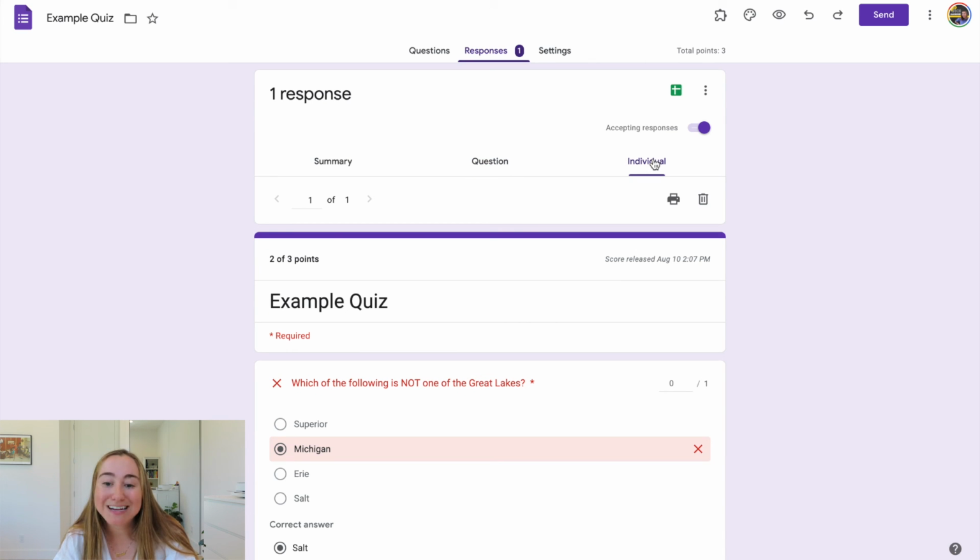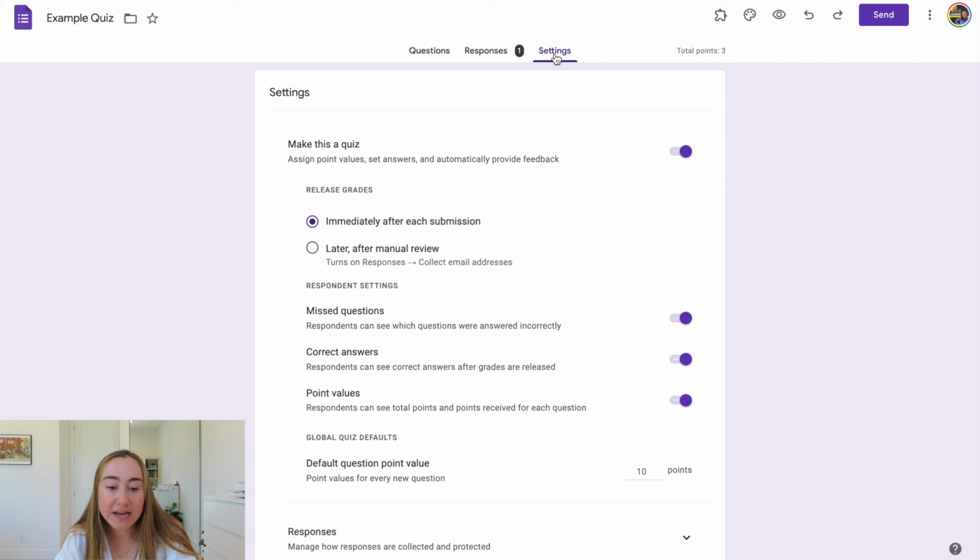Now there's a couple of settings that I really need to adjust in order for this form to actually be complete. So the first setting that I did not adjust the first time that I need to correct is I need to make sure that students can only submit this form 1 time. So I'm going to click on the settings button right here, and what I can do is I can scroll down here,